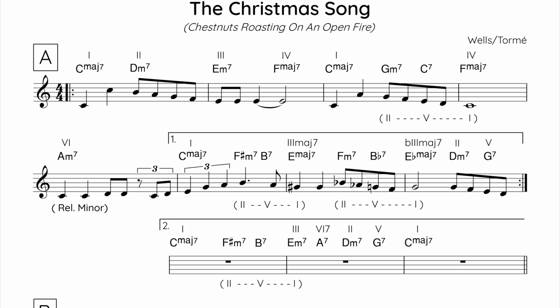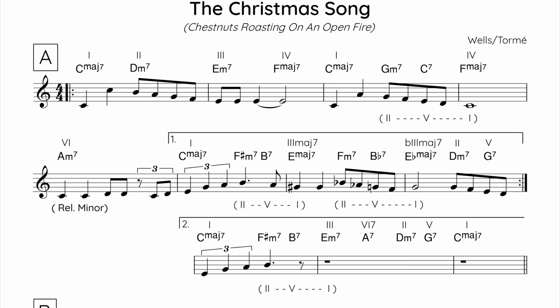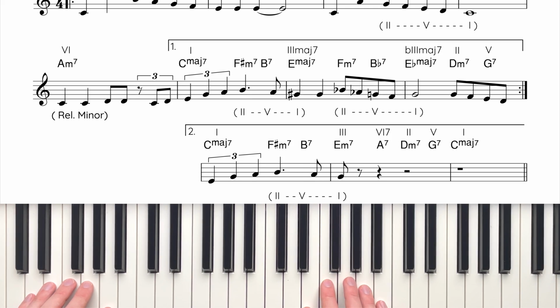Cool! And now for the second time bar. As the harmony in the second A section ends differently, so too does the melody. The first 3 phrases are identical, and then the melody changes from the 4th phrase. It begins with a tone approach from above to the 3rd of the E minor 7 chord, G, before falling